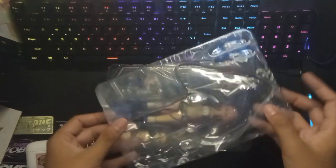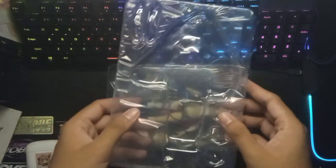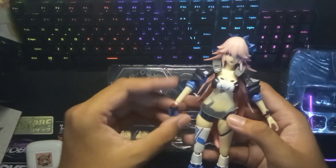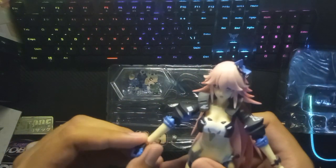And hope the items inside are complete. So this is the first layer of the plastic. Oh damn, look at this guys. It's Yai Sakura. I hope her face can be clearly seen